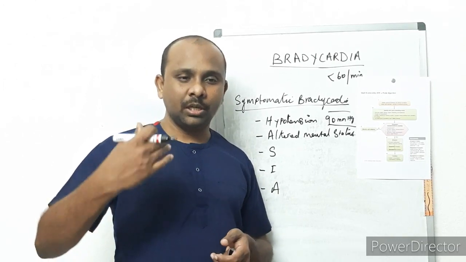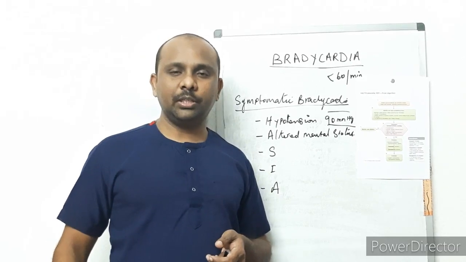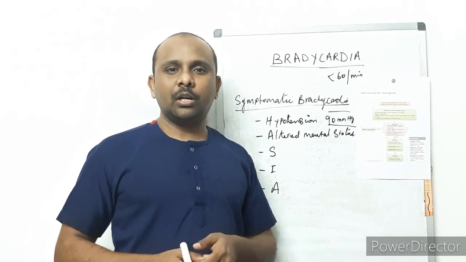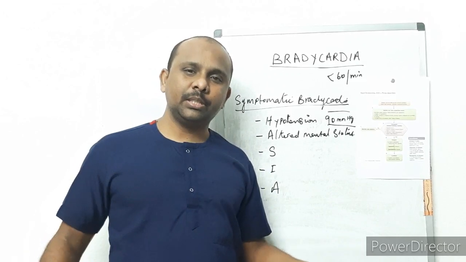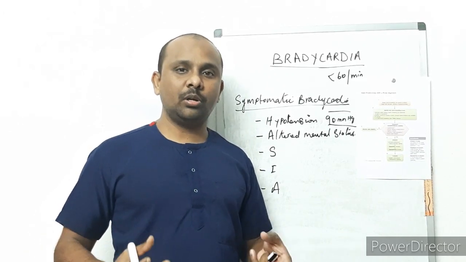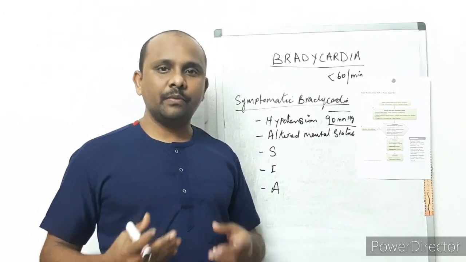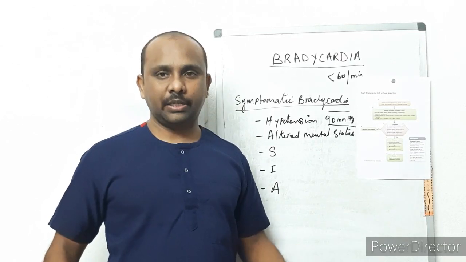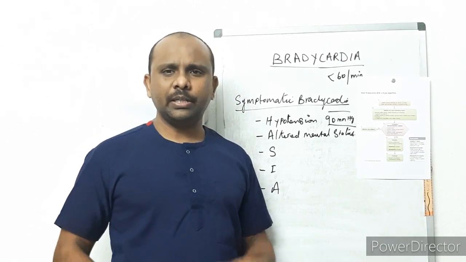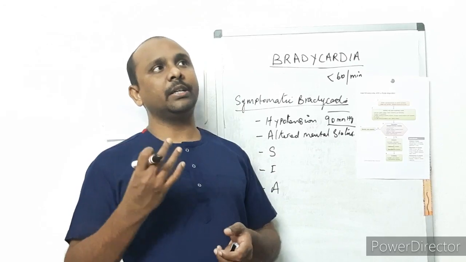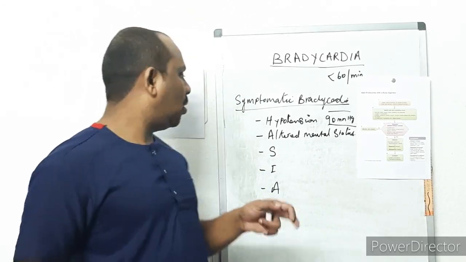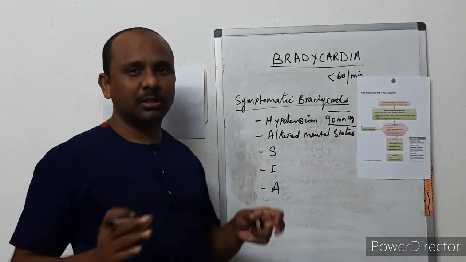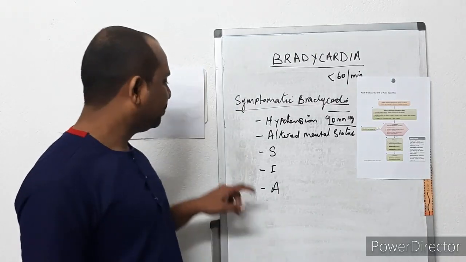He may have hemiplegia of the limbs, either right or left, or monoplegia, or whatever it may be that produces focal neurological symptoms, right? So that will fall into altered mental status. Stupor, coma, dizziness. Some patients may complain that he is having dizziness. So all these symptoms you should consider as symptomatic bradycardia.